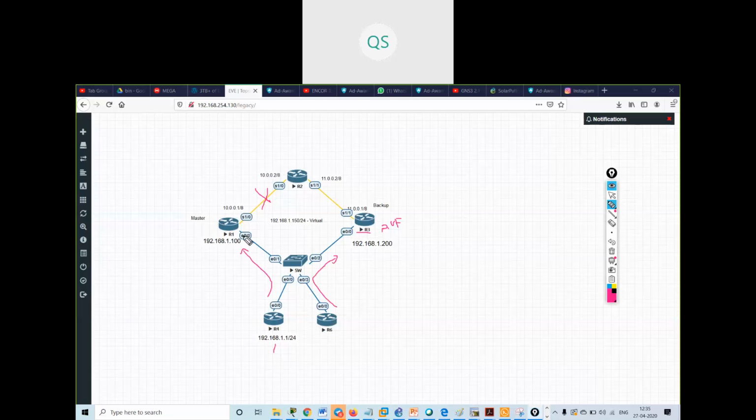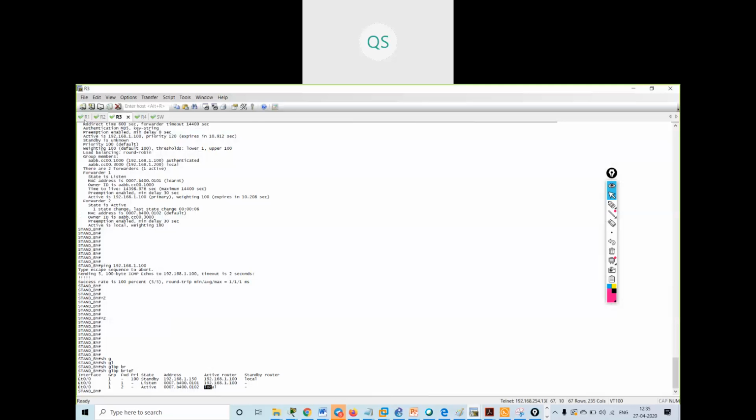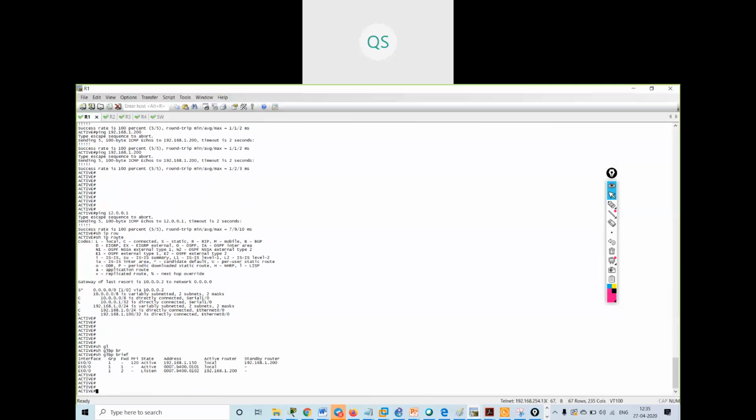If this interface goes down, I will configure a track object. The track object can be configured in a different way. The command over here is different. What is the command to create the track object?